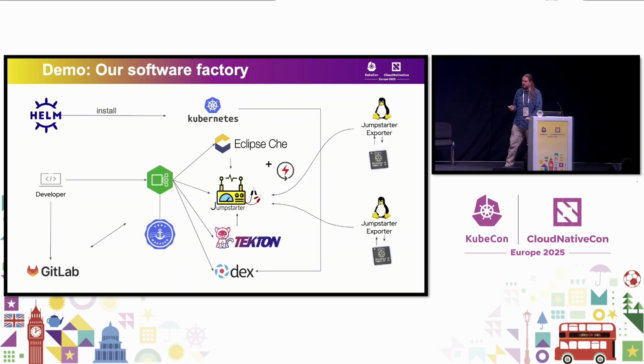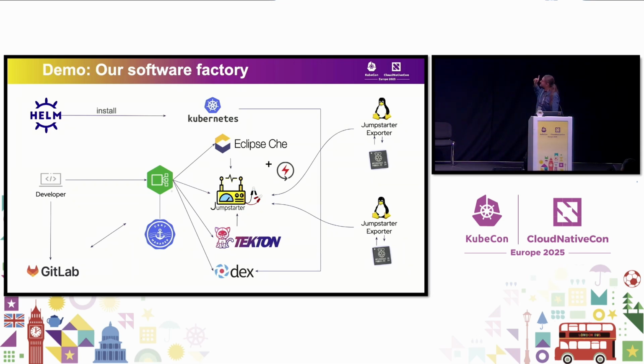Let me first explain what I have deployed in Kubernetes together with Jumpstarter. So in this demo, I wanted to put together a complete development environment on the cloud. So we are using Eclipse Che and the dev spaces operator. We are using Tekton for the pipelines. Dex is in charge of the authentication. And we use GitLab in the cloud for our repositories. And then we have two